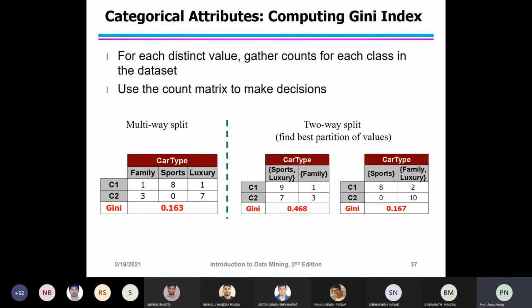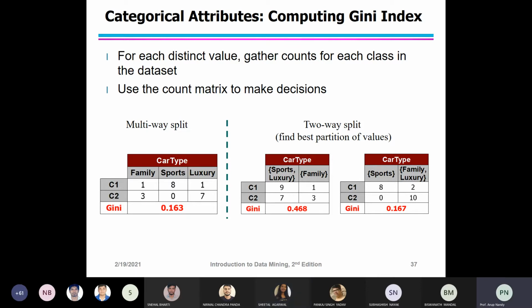If you have these, it means three things, that is a card type. Okay, that is a 16 by 20. I mean, where is the 0.468 coming from? How is it coming? Can anyone tell me? So parent Gini minus the Gini indexes of node 1 and node 2. Exactly. Okay, that is how it is coming.